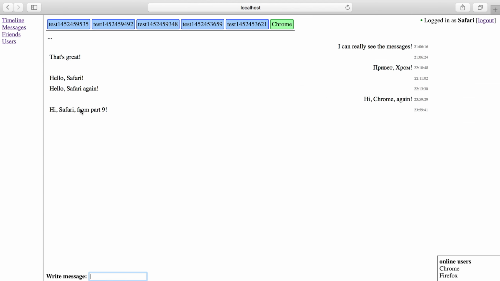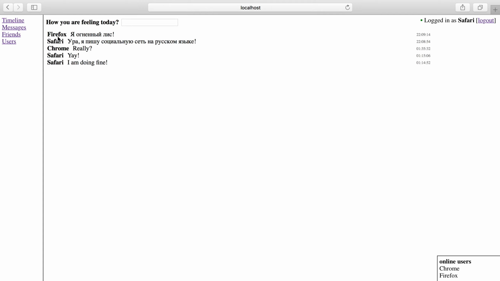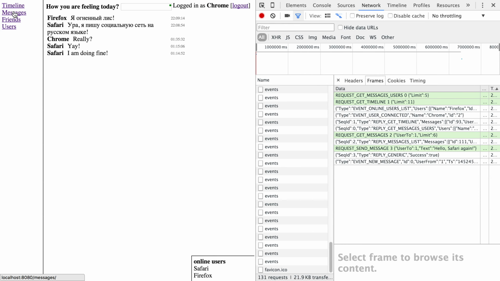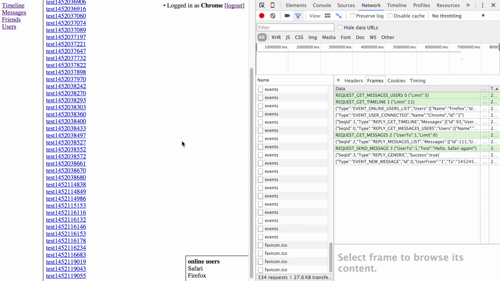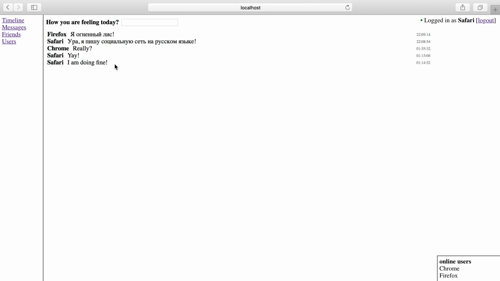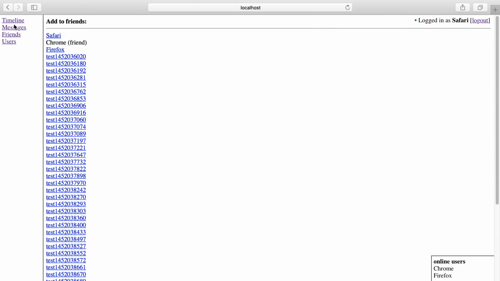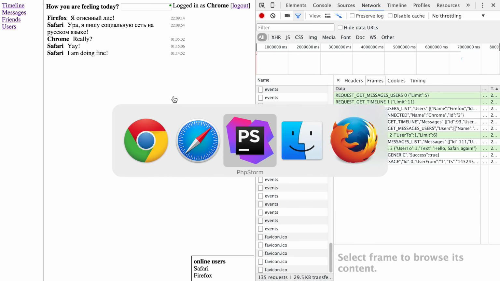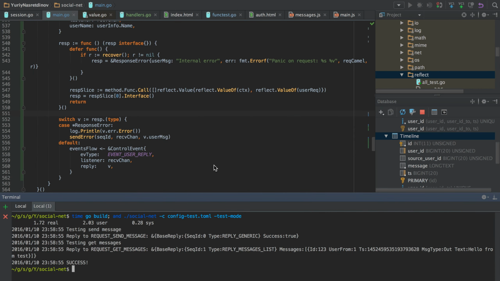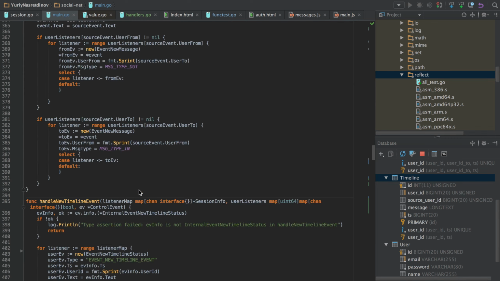I sent messages from different browsers, and the timeline, users list, everything works. Works as before, so I can say that it is a huge success.